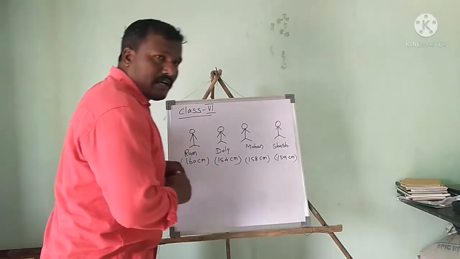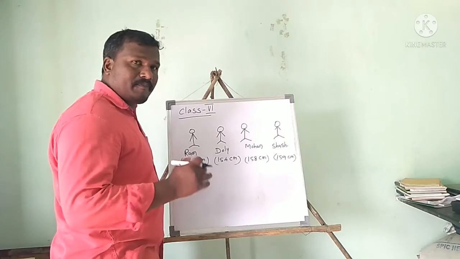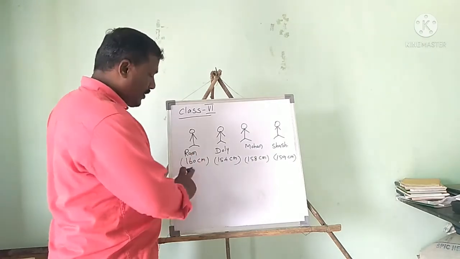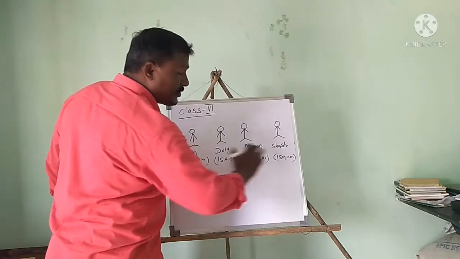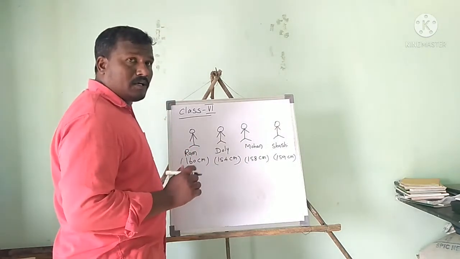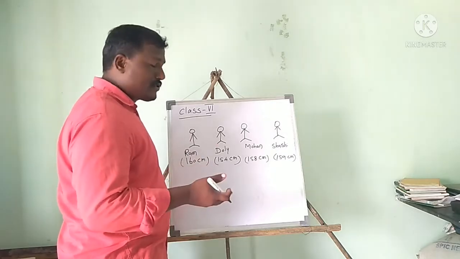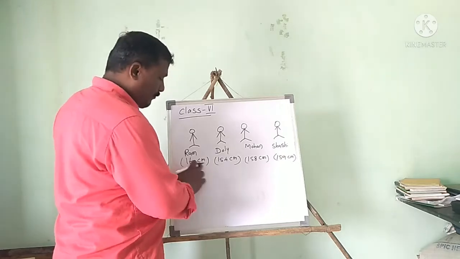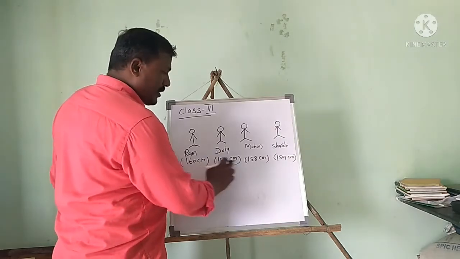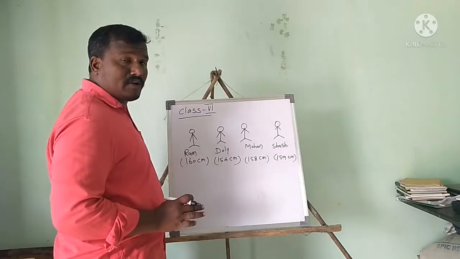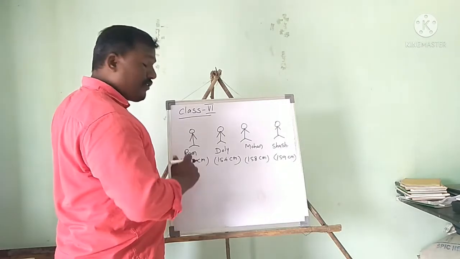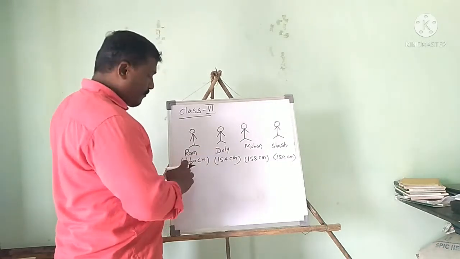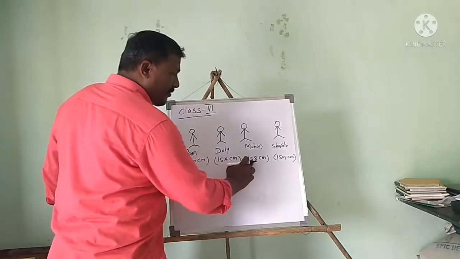So how to write? We already talked about this in the comparison of numbers. First we have to check the number of digits. Here all have 3 digits, 3, 3, 3. So all are the same, so the first rule cannot decide. Then the second rule, from left to right, first digit: 1, 1, 1, 1. So the second rule is also not applicable. Then the third rule, take the second digit from left to right of all the given numbers. So 6, 5, 5, 5.